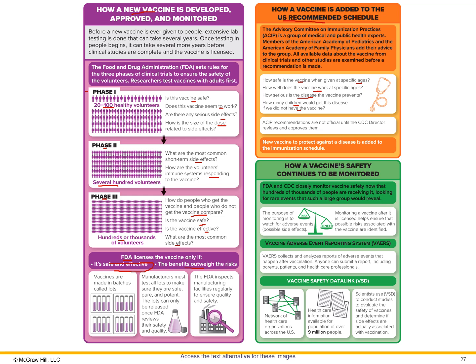So then those recommendations are not official, though, until the CDC reviews and approves them. So that starts with the Advisory Committee of Immunization Practices. But those recommendations go to the CDC, and then that would go into the recommended scheduling. And then after vaccines are put into some type of schedule, they've been approved, then there is continued monitoring for safety and effectiveness, and that's the job of both the FDA and the CDC to monitor vaccine effectiveness,